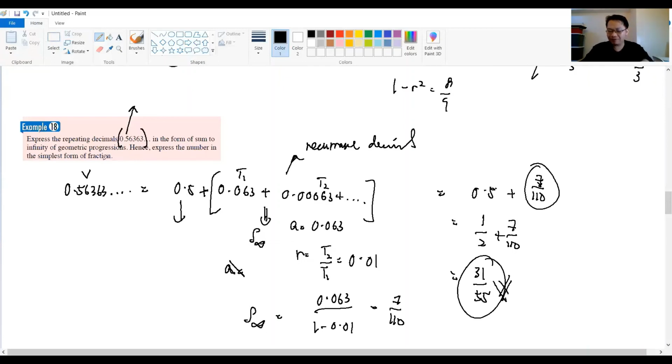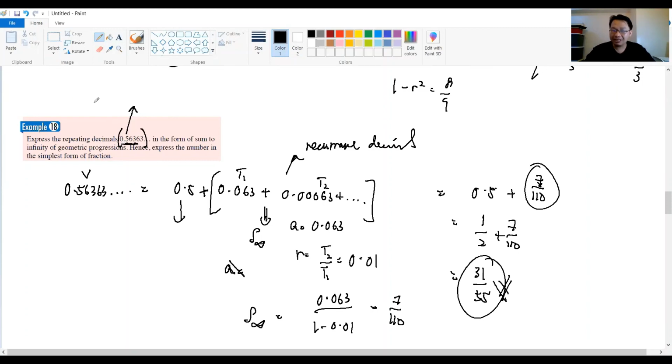You can prove it: try to divide 31 by 55. How much are you supposed to get? You are supposed to get the same value as this. Okay, settle. Guys, this example 18 we have actually already discussed in the previous chapter, chapter